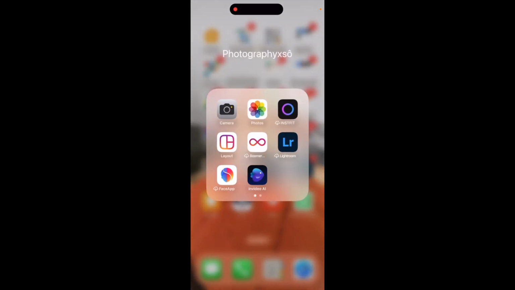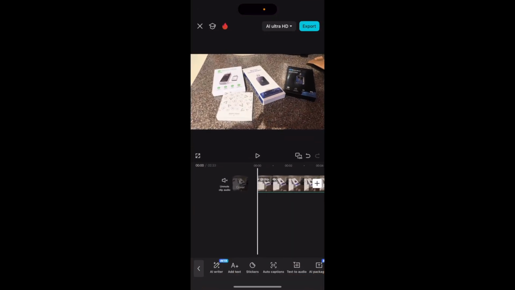How to add glowing text in CapCut. So when we open up a video in CapCut, we can add text to it and we can make it have a glowing effect. So first I'm going to click on add text, which is going to be on the